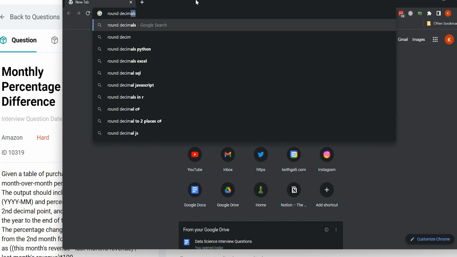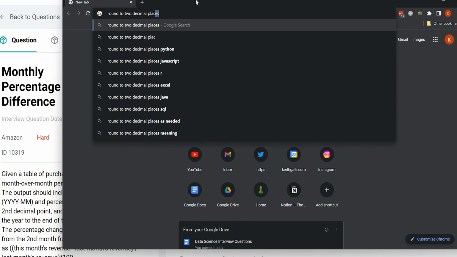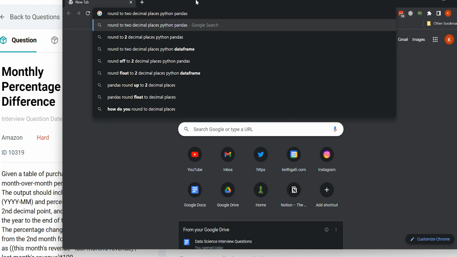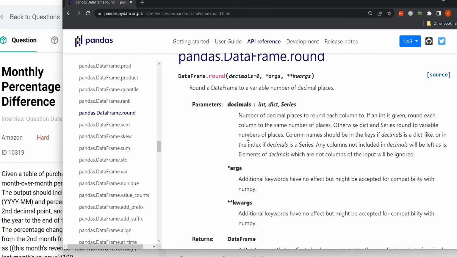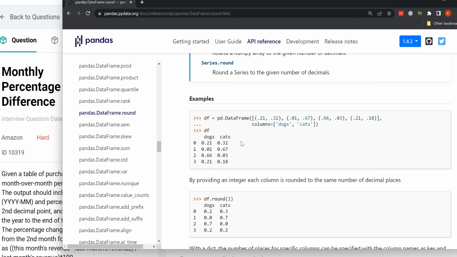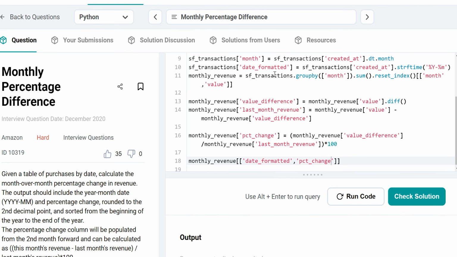Round decimals, Python round to 2 decimal places, Python Pandas. That's another string format type thing. It's slightly different though. Round. Oh, look at that. There's a round function. That's nice. This is the number of decimals. Perfect. Easy enough. So I'm going to just say monthly revenue percentage change